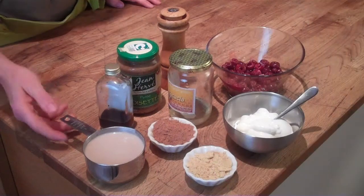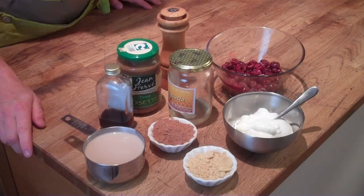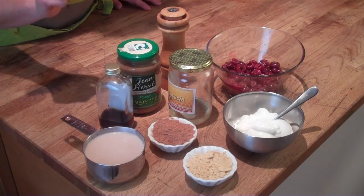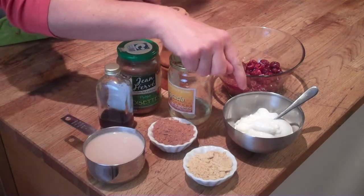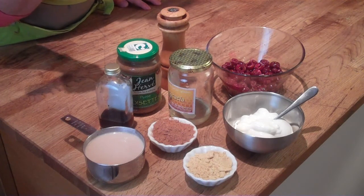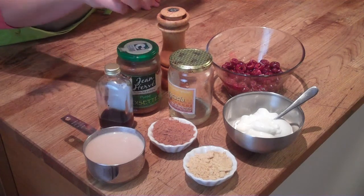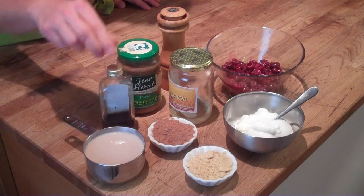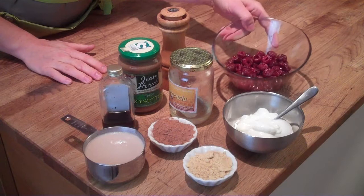Quick look at the ingredients. 1 cup or 250 milliliters of hazelnut or almond milk, a heaping tablespoon of unsweetened raw cacao powder if possible, a tablespoon of finely ground flax seeds, a cup of plain yogurt. I use ewe's milk yogurt, but you can use goat's milk, soy yogurt or dairy, cow's milk yogurt if you prefer, a tablespoon of acacia honey, a teaspoon of vanilla extract, a tablespoon of hazelnut butter, a cup and a